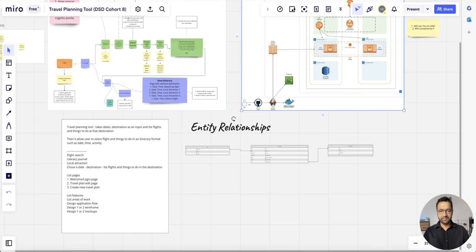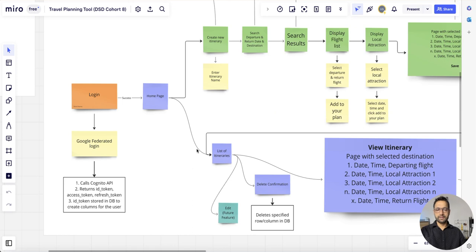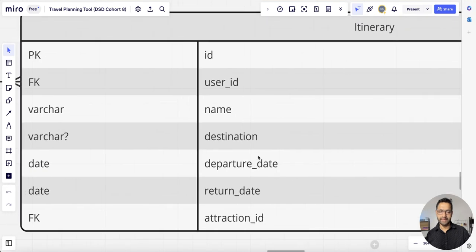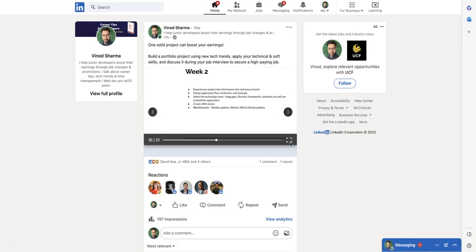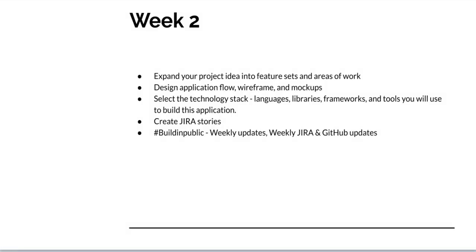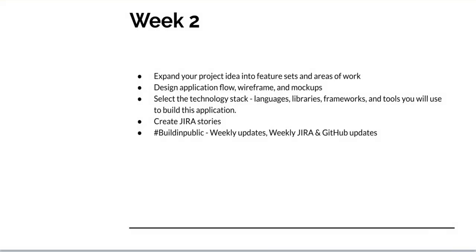figured out a lot of information there, and then you can go even deeper. As you identify different bits and pieces, you can start identifying your database structure as well. So this is where we are. This is where we are, and I wanted to share the work-in-progress product, or work-in-progress steps. As I said, this is easy, and week 1 and week 2 are in front of you. After that, obviously there are coding activities. Coding is simple once you have clarified